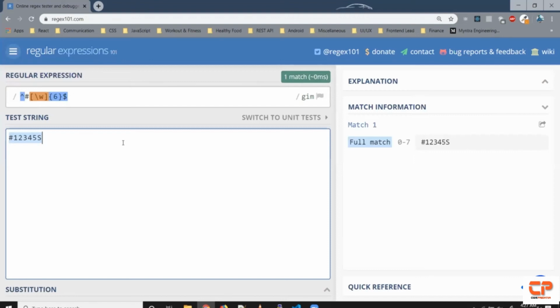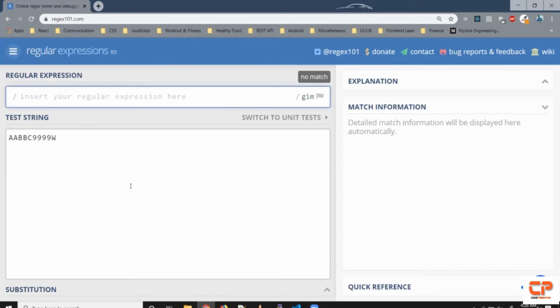Let's try another example. Say we wanted to check whether a given string contains a valid PAN number. The syntax for a valid PAN number is 5 characters followed by 4 digits followed by 1 character. So let's say AABBC, so 5 characters followed by 4 numbers, say 4 times 9, followed by another alphabet or character,